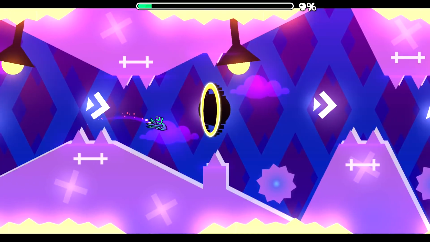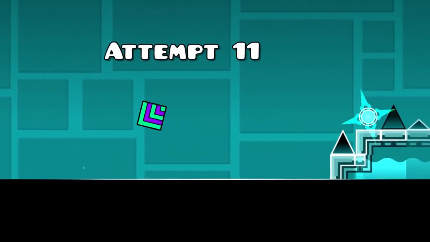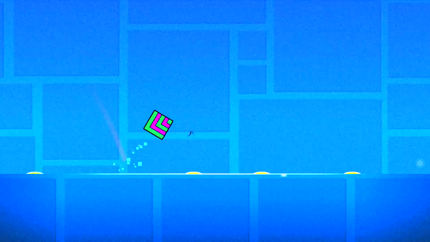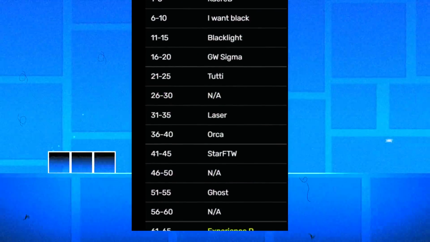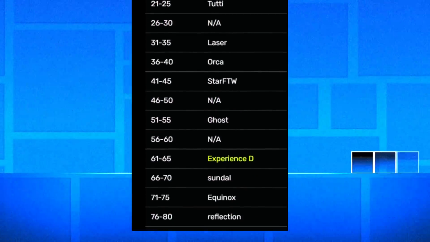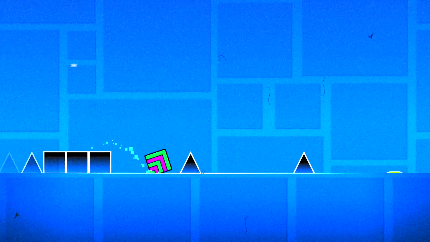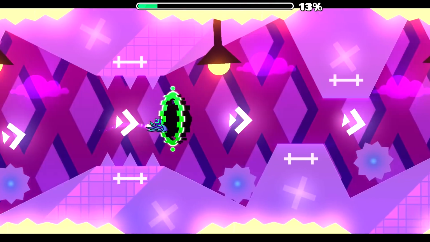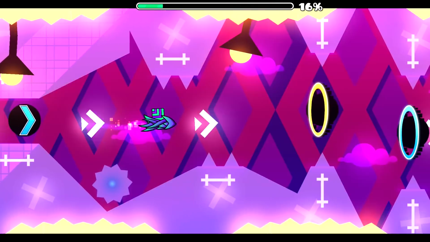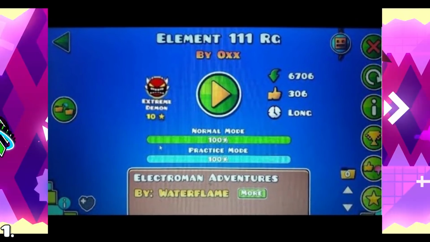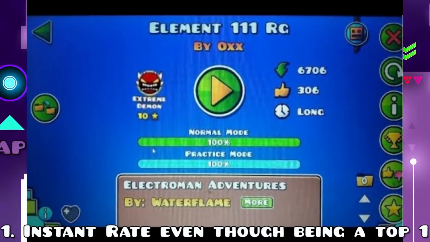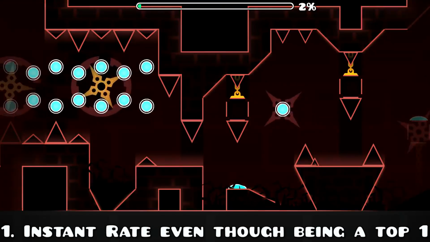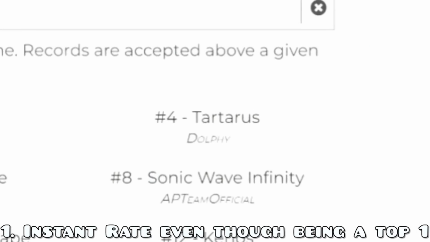Since I'm talking about crazy levels, let's talk about another level with a long backstory: Element 111 RG. Back in the very early days of Geometry Dash, a series was made where people would build levels based on all the 118 elements in the periodic system. One of these levels was Element 111 RG. The thing that's so mysterious about this is that a lot of weird events started happening when this was released. First of all, the level got released and almost immediately was rated afterwards, which is even more insane when you think about the fact that the level actually is considered to be around Terrorus difficulty, which would have been top 1 by a long shot at that time.